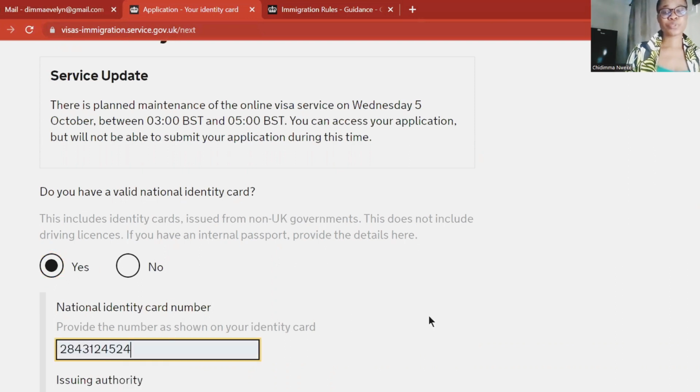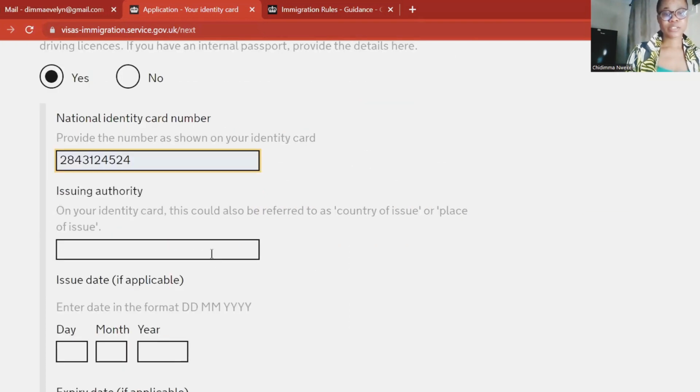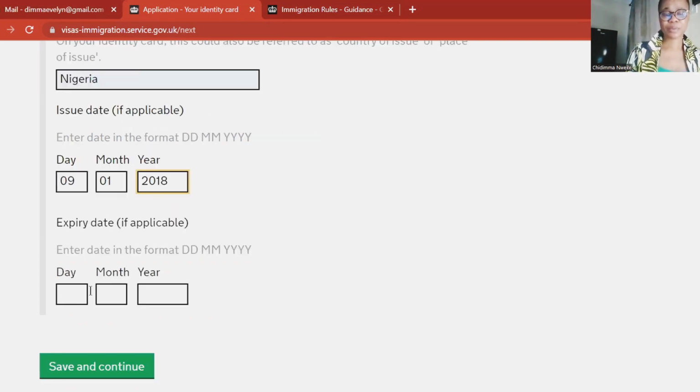Then they will ask you to put your ID card number, where it was issued, okay? And when it was issued. When was the ID card issued? Then the expiring date. My ID card doesn't have an expiring date, so I don't know about this expiring date. I leave it open. Okay. So